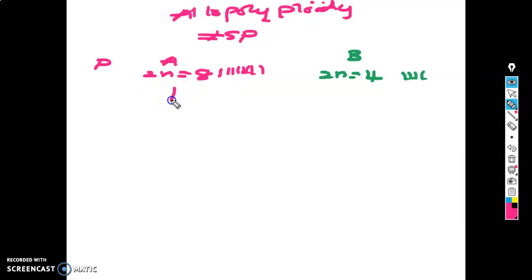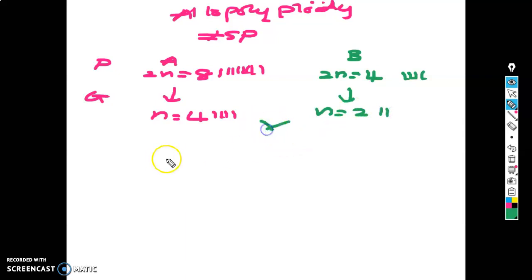Each produces gametes without nondisjunction. Species A gametes have n equals 4, which is 1, 2, 3, 4. Species B also produces gametes without nondisjunction, n equals 2, 1 and 2. And after fertilization, they will produce